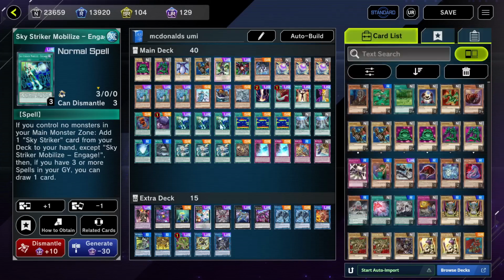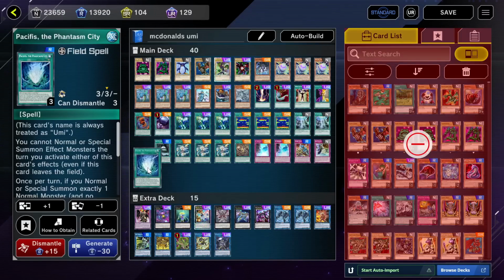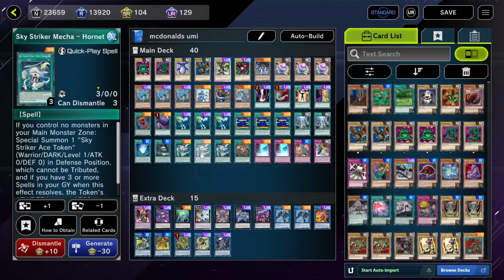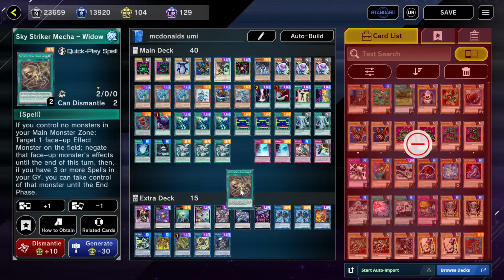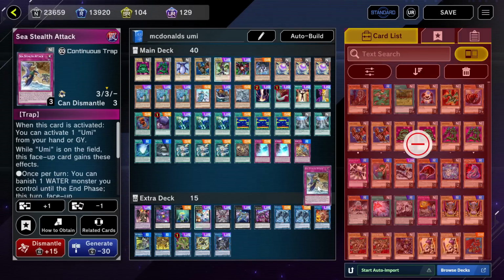We got triple Sky Striker Mobilize Engage. We got triple Fish Sonar. We got triple Legendary Ocean, except one of them is a Pacific Phantasm City. 1 Sea Stealth 2, triple Hornet Drones, 1 Widow Anchor, 2 Ice Barriers, 1 Dark Reef, 1 Sea Stealth Attack